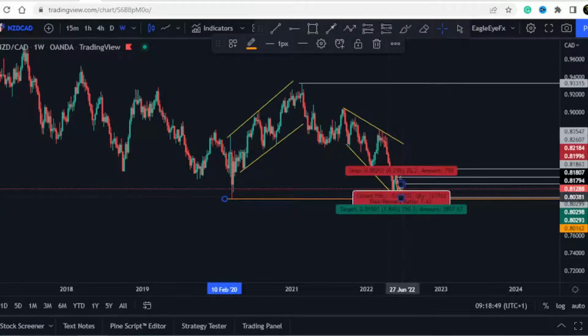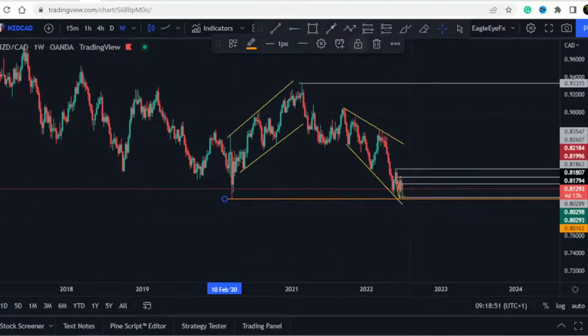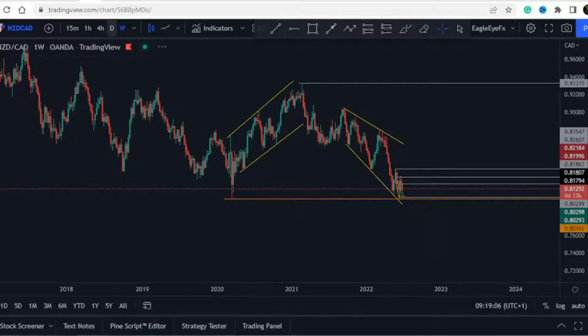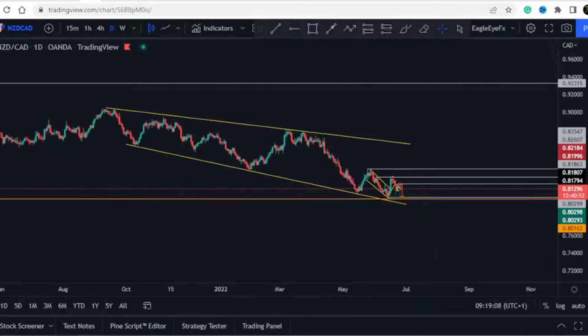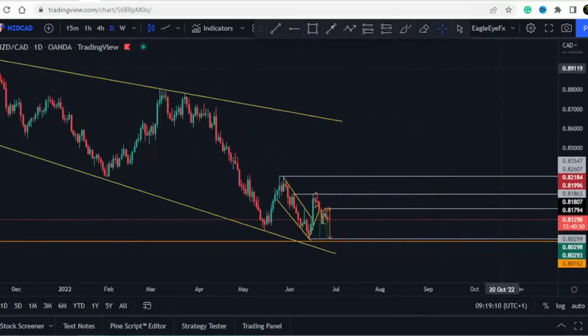So you see, it has to come to this low over here. That's how the market will do. You consolidate here, break, get people in the wrong side of the market, then just shoot to the upside. So we just want to maximize on these little moves before we start now buying to the upside. So you can see that